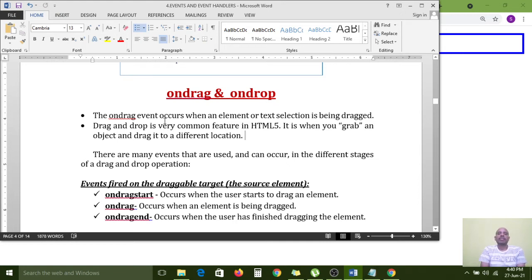So two events occur: when you select the text, that is the onDrag event, and when you stop the selection, the onDrop event will trigger.